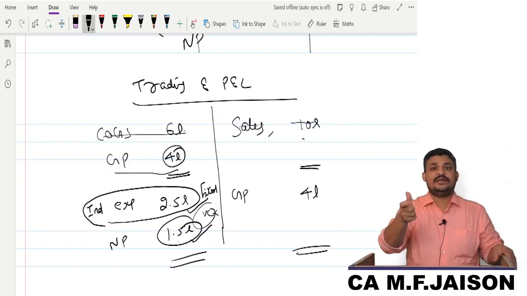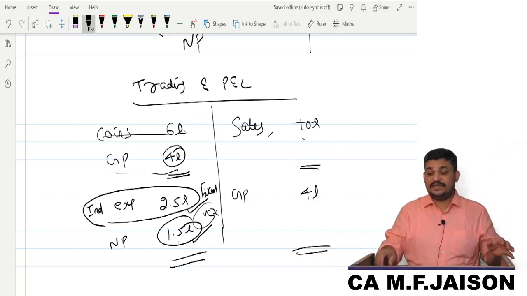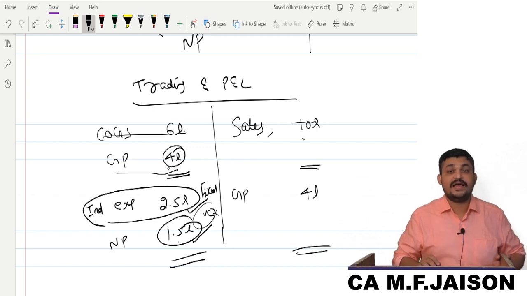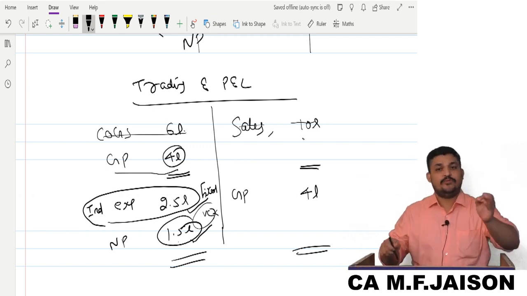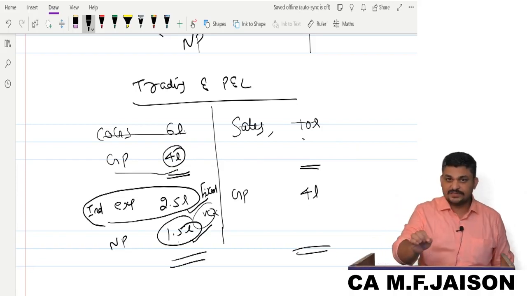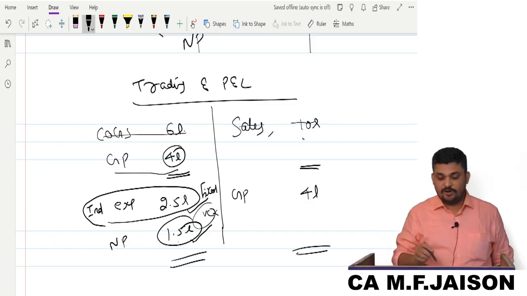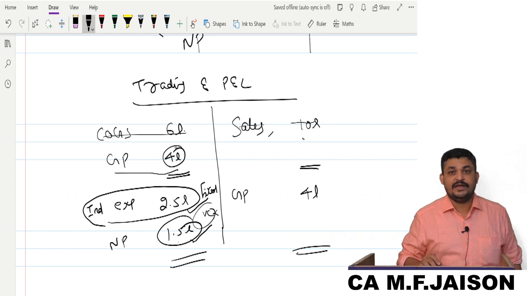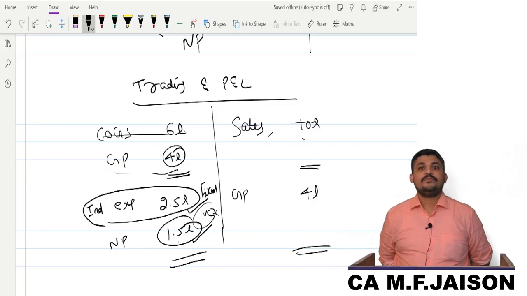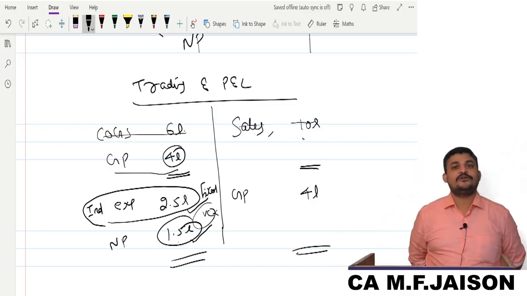The aggregation of these two items we call gross profit, but it is not necessarily the exact balancing figure in the trading account. It need not be the trading gross profit. So if you ask me what will be compensated through this policy, I will say gross profit. If you want me to define gross profit, it is certainly not the balancing figure in the trading account. You should define gross profit as net profit plus standing charges, which is what is to be compensated.